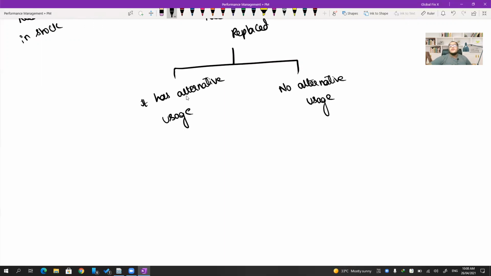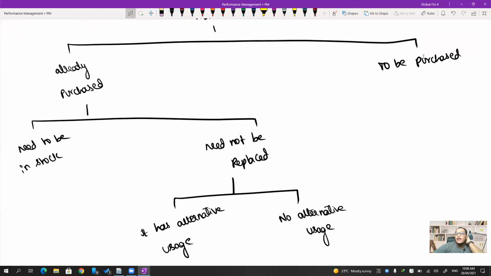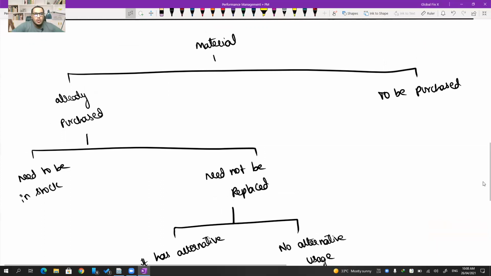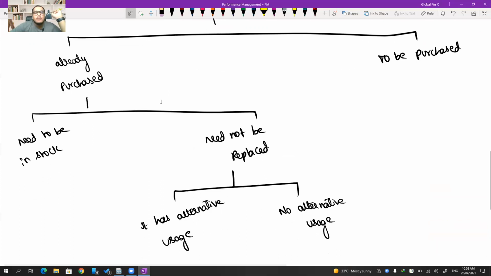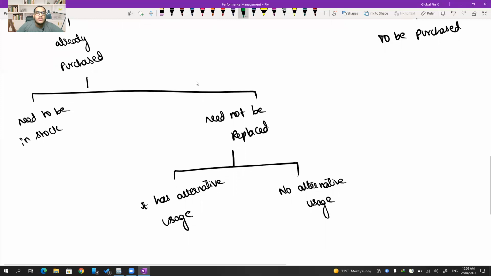Okay, so look at this particular chart again once. The point we are discussing is that if a company has material to be used in a particular project, what is the relevant cost of that material for that project? That is what we are discussing in this topic. So what exactly is the relevant cost, sir? It depends upon the alternative usage or the availability of that material with the company. Situation one is where the company already purchased the material and has it in stock. Situation two is where it has to purchase.